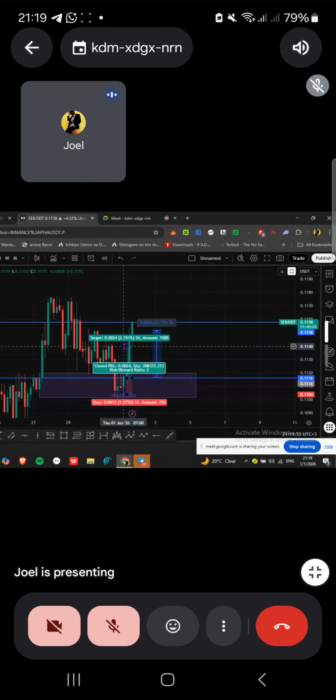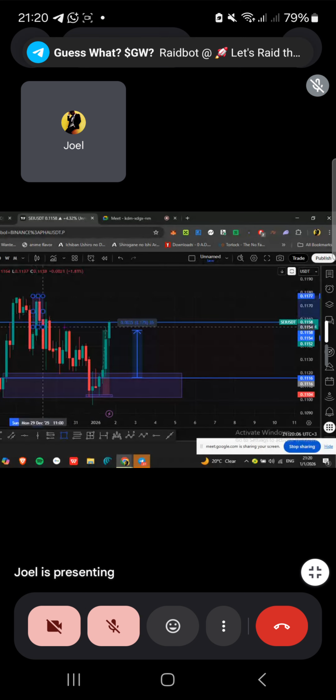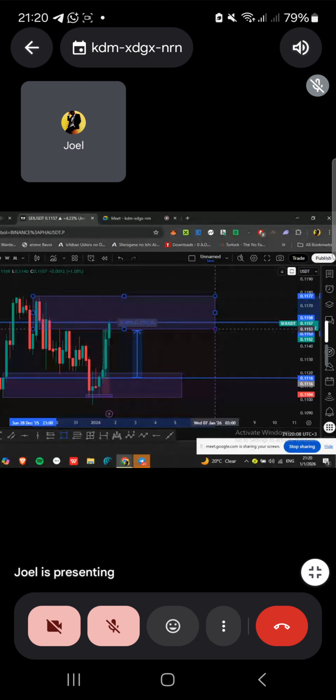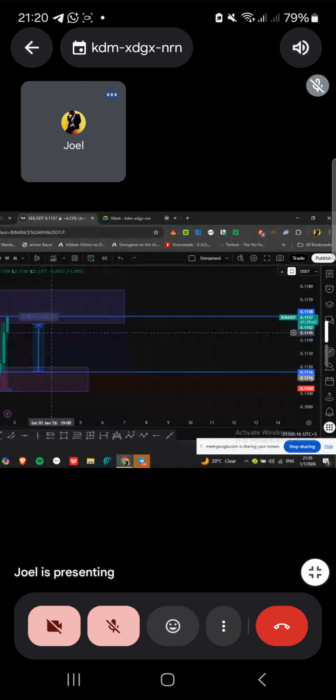It would have been a 3%. Around there. Why? Because this is a supply zone here. Let's come from that red candle to there. That's a supply area. When I've taken that,